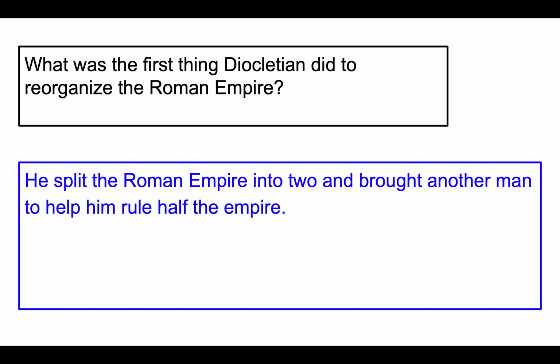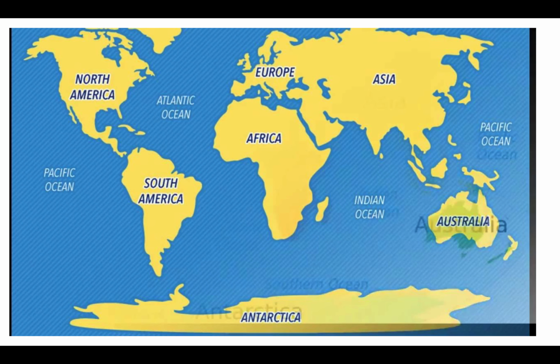So from the beginning, there were two rulers. Diocletian did that. He brought another person on, and then eventually there were four people. But when he did that, he was not acting in the way of a republic. So I want to show you where this is, but first a map of the whole world so you can